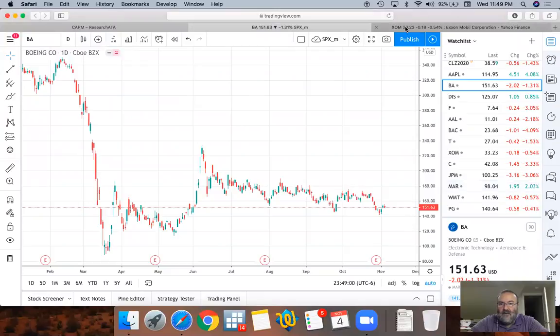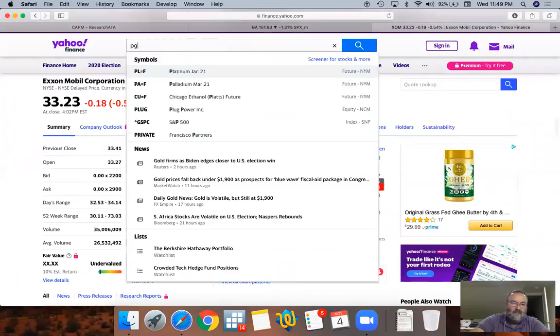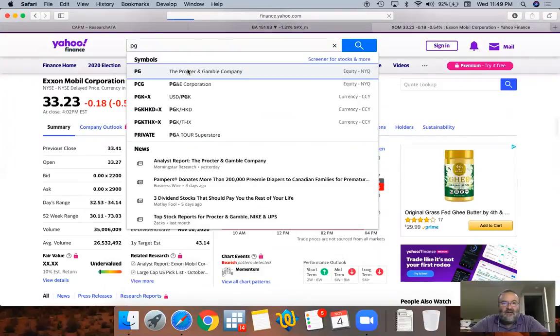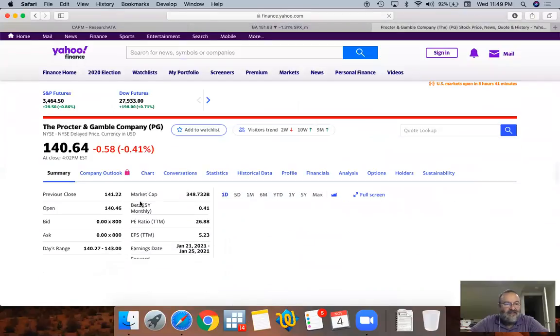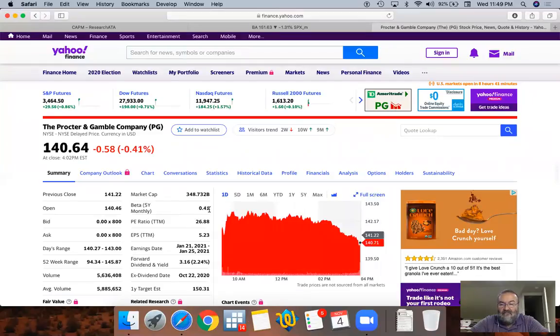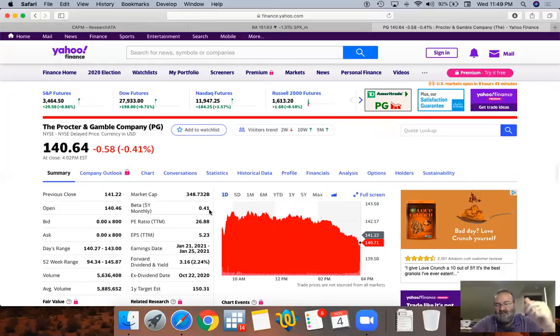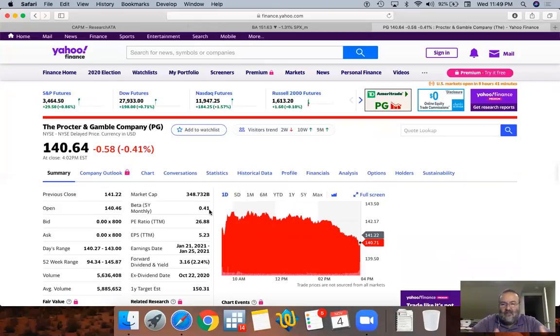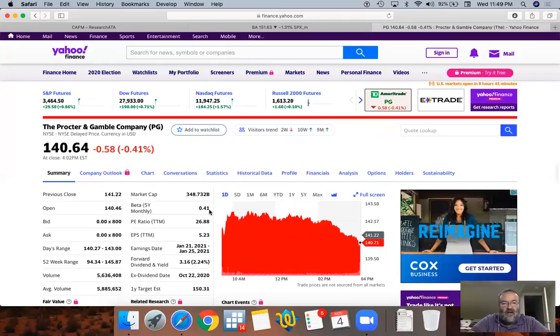How about Procter & Gamble? Let's check it out. Procter & Gamble has a beta of 0.41. It shows market independence. It simply means that as the market moves by 1%, Procter & Gamble moves by 0.4%. Market goes down by 1%, Procter & Gamble goes down by 0.4%. So there are probably more corporate reasons why Procter & Gamble would move than